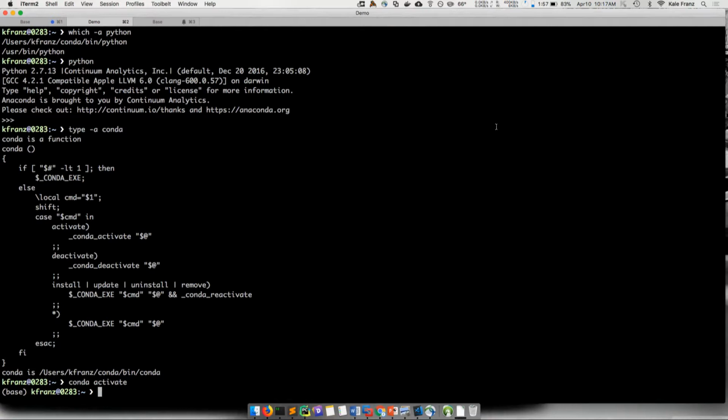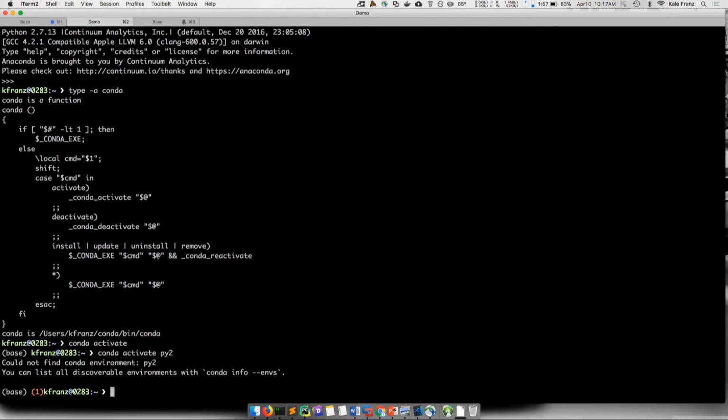All right, so conda is a shell command, and you can use conda activate now. Conda activate everywhere should work, except PowerShell. The other thing to be aware of, so this doesn't really change on Mac. On Windows, it changes a little bit with cmd.exe. You can activate 2 levels deep.